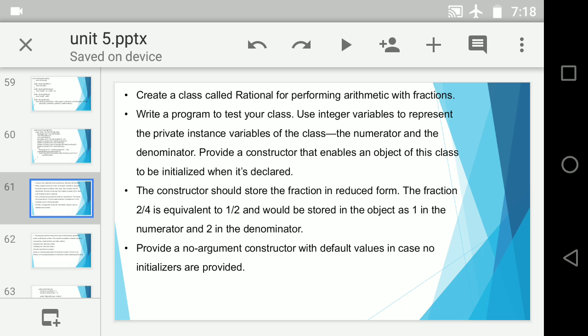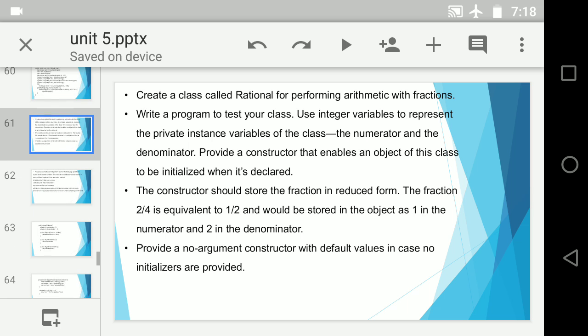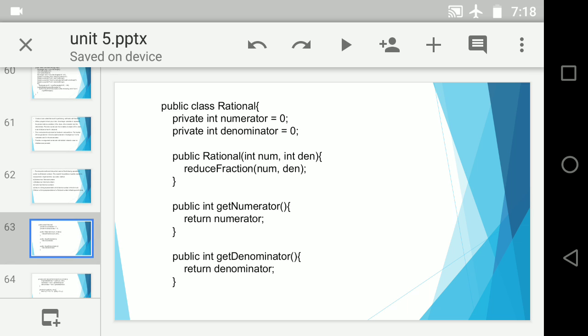We are using this with a few bits of modifications. So slide number 61 gives you the instruction how exactly you are going to proceed for it, and slide number 63 onwards the complete program is given.